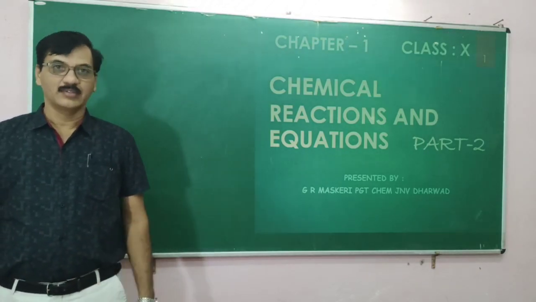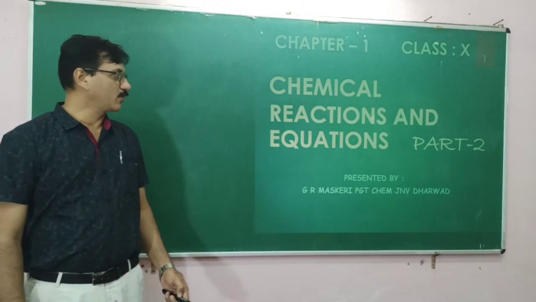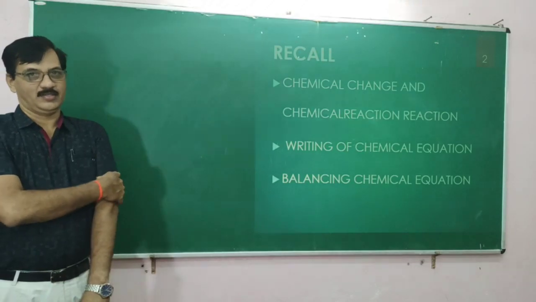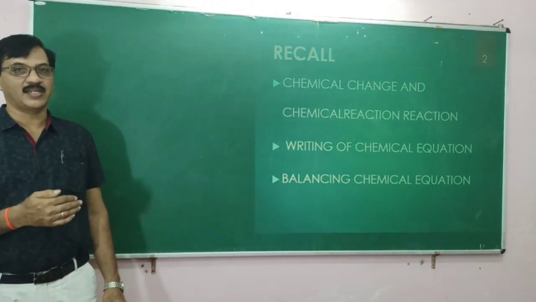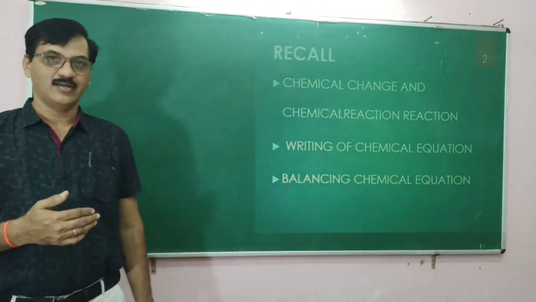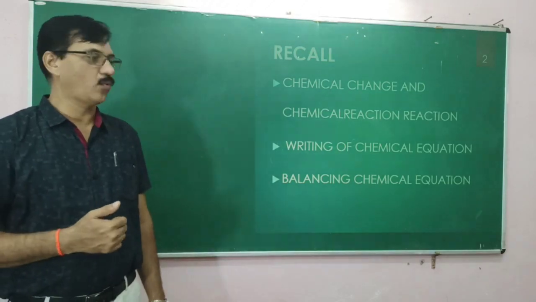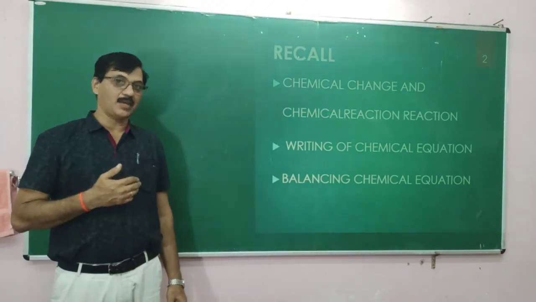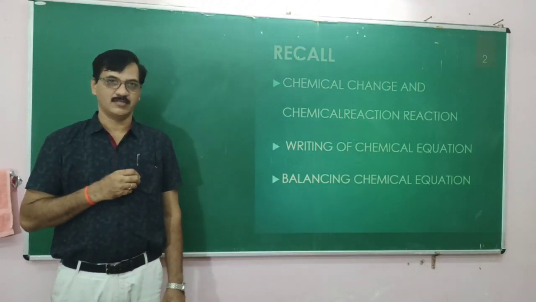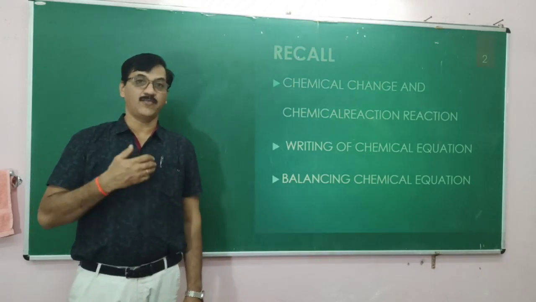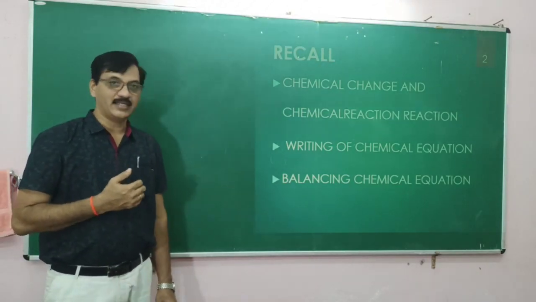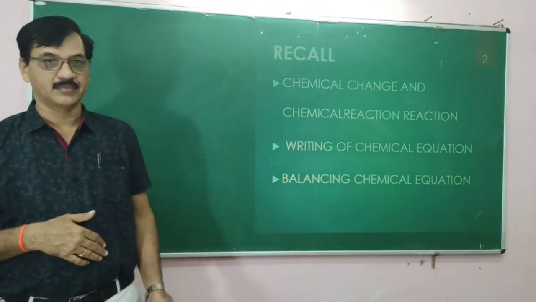What we have seen in our previous class, let us try to see that. So we have seen the chemical change that leads to a chemical reaction. Then a chemical reaction can be written in a symbolic way, that is a chemical equation. And writing a chemical equation properly by knowing the valency of the ions therein and the kind of molecules present on either the reactant side and product side, and then balancing the chemical reaction, we have seen.